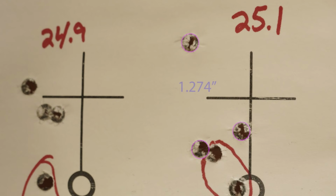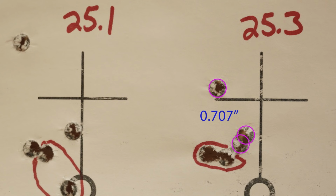These are huge jumps in a .223 Remington. If I was doing this for a .223 Remington that was a match rifle, I would be going 1/10 at a step, not 2/10. You've got to get it a little tighter than that. And at 25.1, we start to see the sickening opening up of another scatter node. And at 25.3, we're back